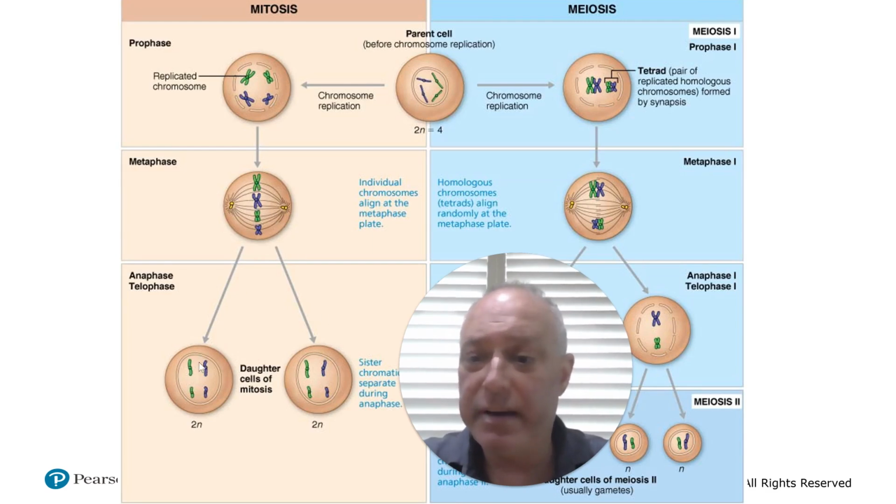So even though you're getting a division of your chromosomes, the complement of chromosomes in your parent cell and then your daughter cells is still diploid. We have segregated our chromatids, and each of the sister cells is still diploid,